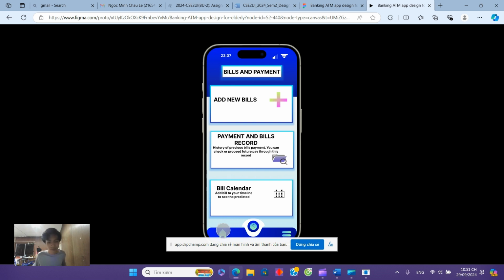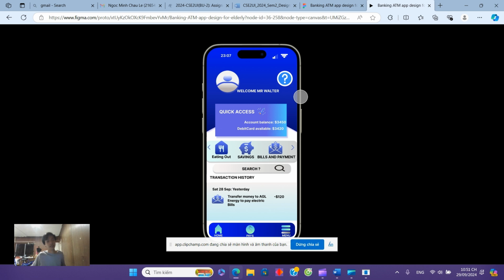Okay, then go back, and this is transaction history. As you can see, this is a record of his previous payments. All right, so